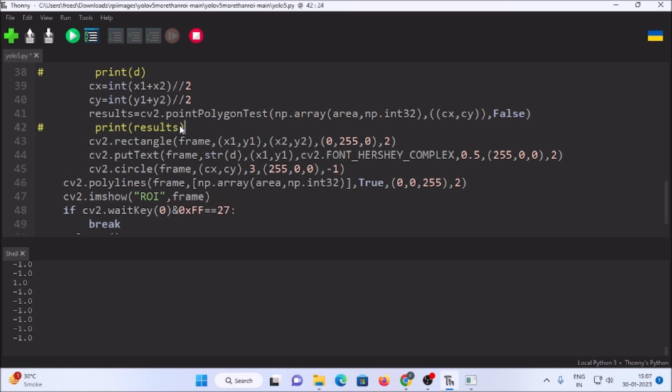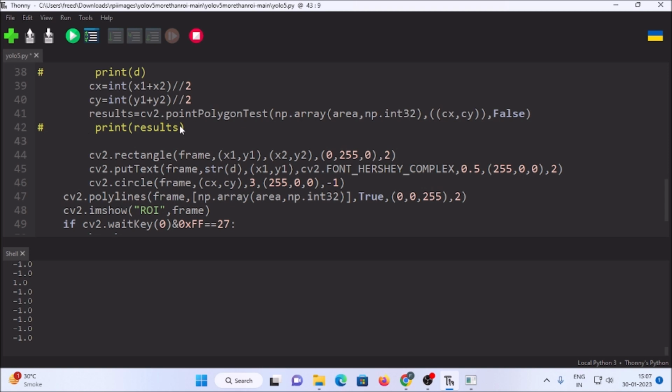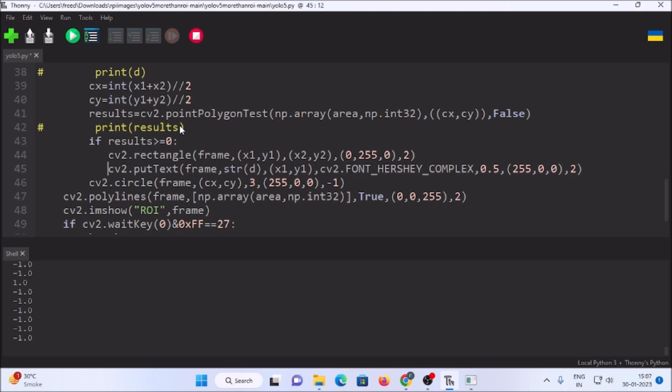So we can say here, if our result is greater than or equal to 0, then we are going to draw our rectangle, and then use our putText method, and then draw the circle for each object. So if I save the code and run the code,